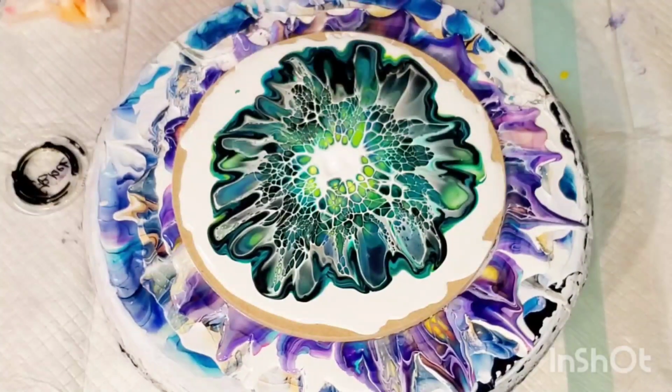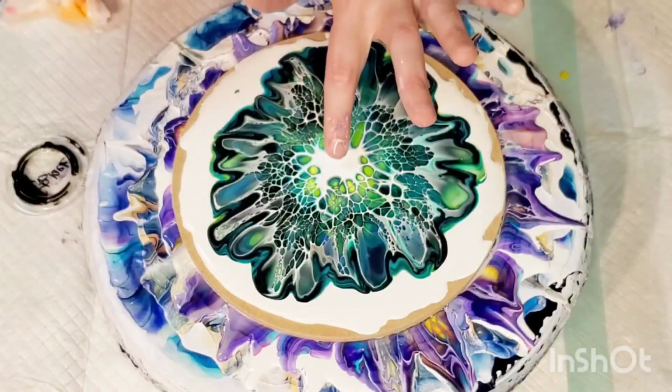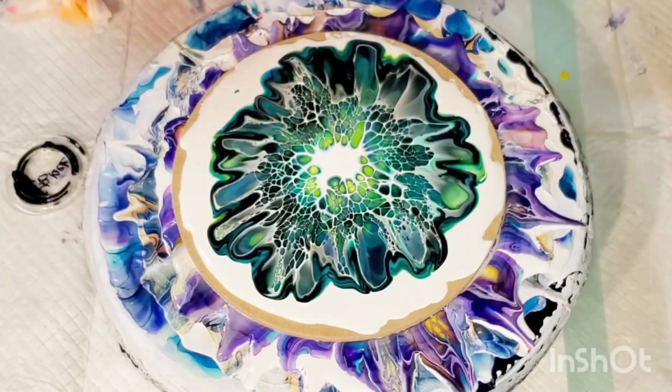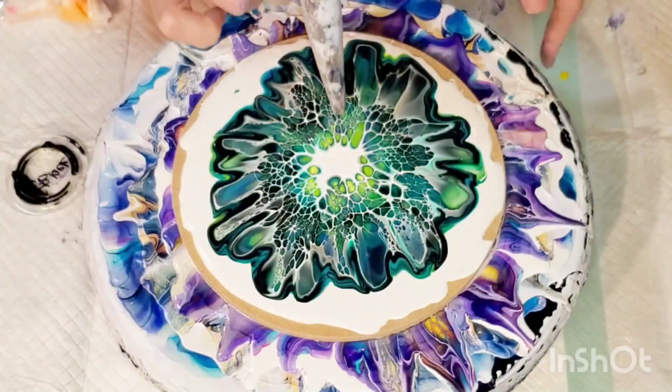Now my cell activator is a little thick and I have a little bit too much in the middle, so I'm just trying to break up the surface tension to see if anything will come through. What I don't want is this to be a solid wobbly river of cell activator as it dries, because it can warp the center. But